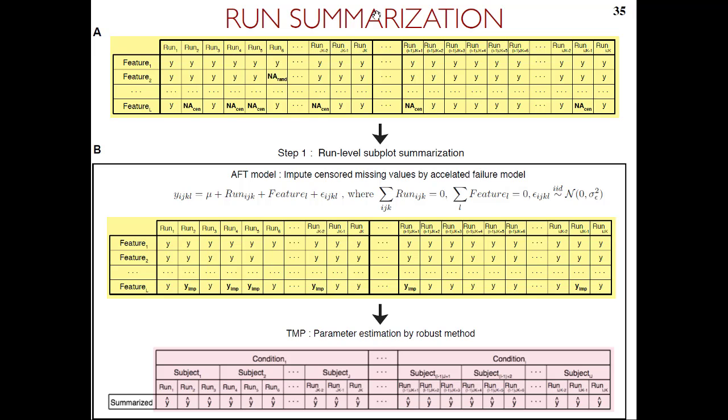We ignore which run came from which condition, but we pay attention to missing values, especially censored values, because they are below this cutoff. What we can do then is to look at this table as essentially a two-way analysis of variance table, and we can summarize features across the runs to simultaneously account for censored missing values, and also do it in a way that is robust to outliers. And it gives us one number per protein per run,